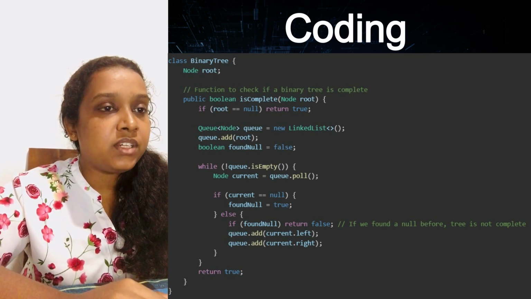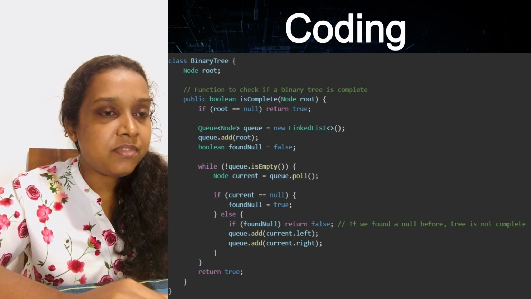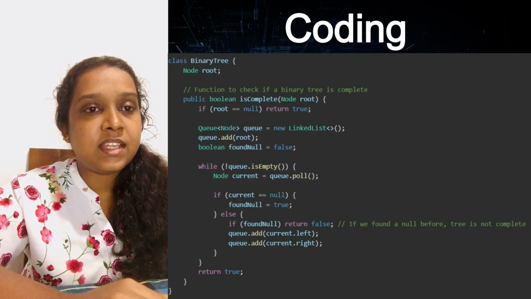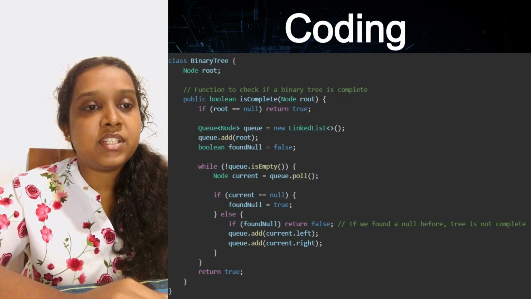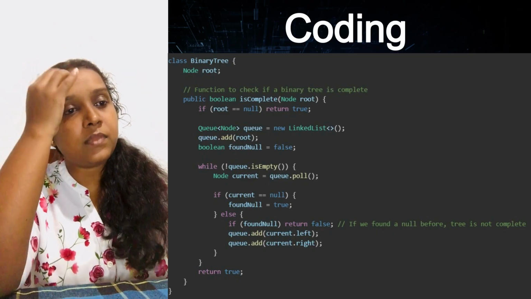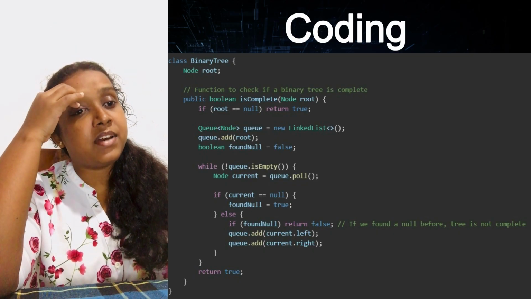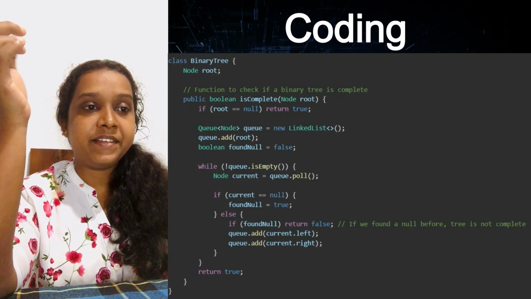I remove the front node from the queue and check if it is null. If I find a null node, I set foundNull to true. This means that all nodes after this point should also be null for the tree to be complete. If I encounter a valid node after finding a null, then the tree is not complete and I return false